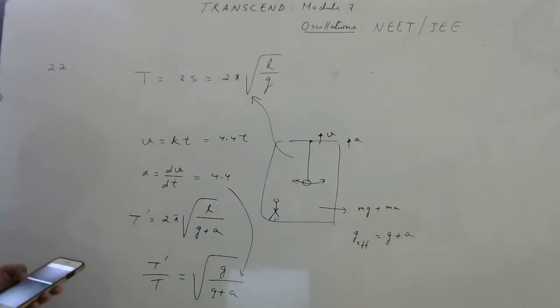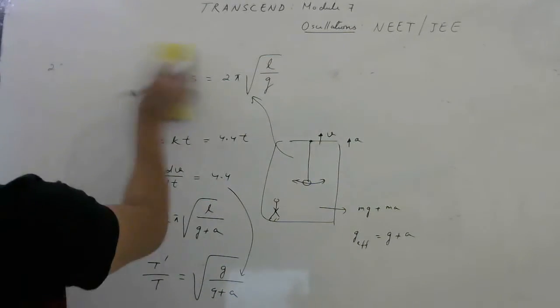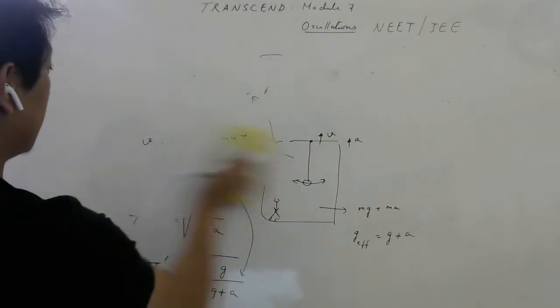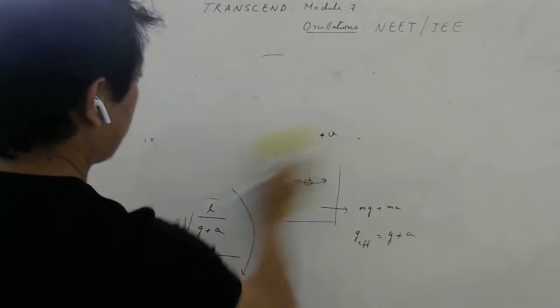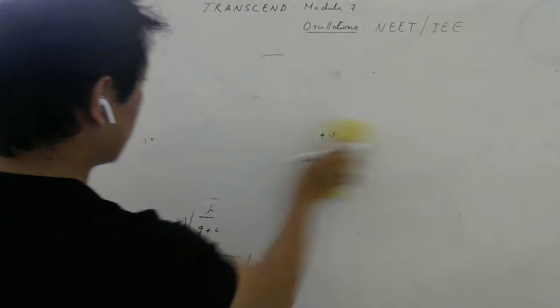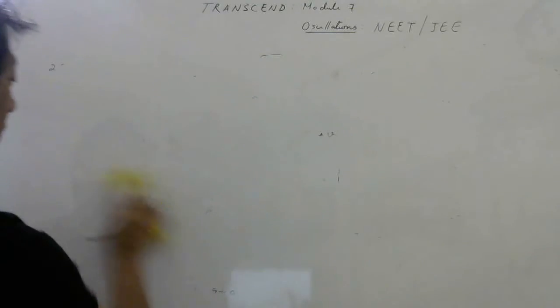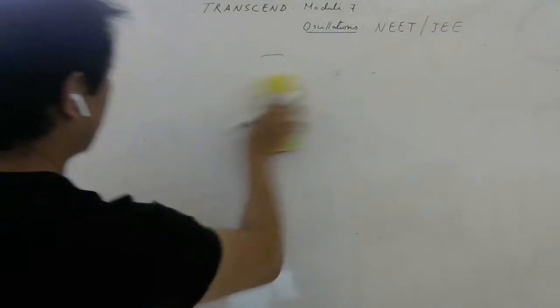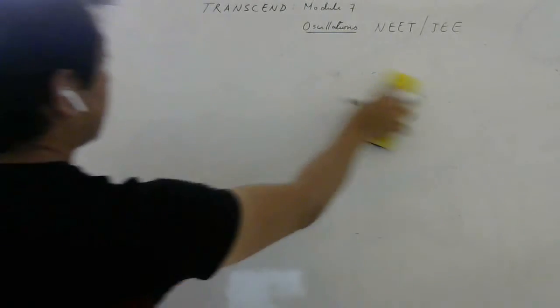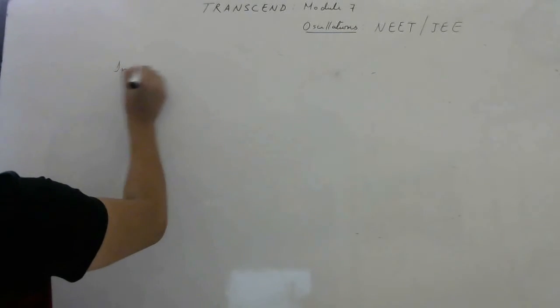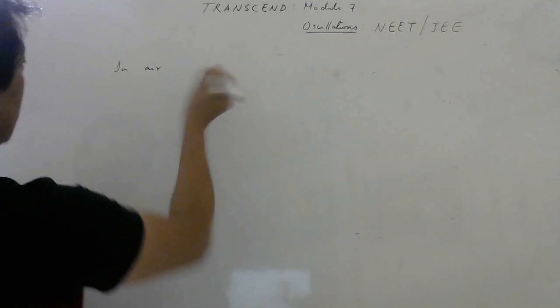Let's see the next question now. Question number 23. So 23 is about a pendulum which is oscillating in some liquid. So there also, because of buoyancy, the effective gravity will be changed. Okay. So when a pendulum oscillates in air, whose density we can neglect,